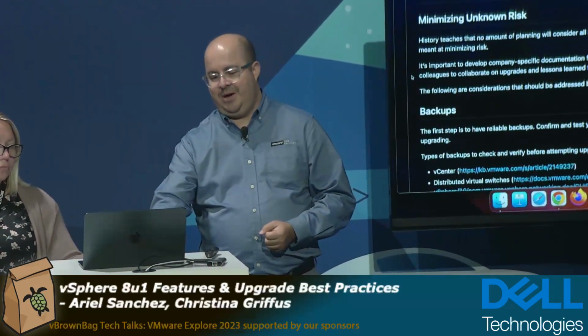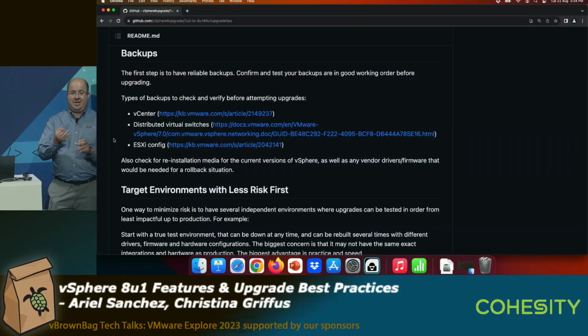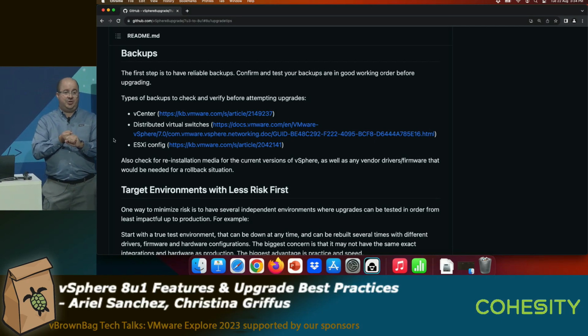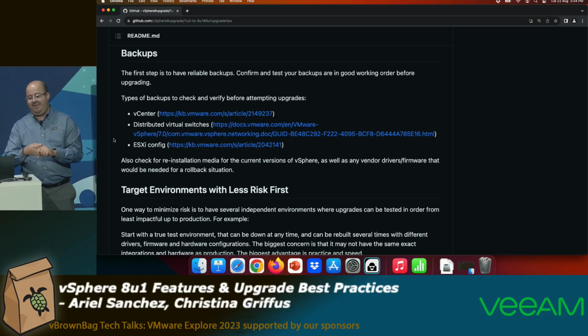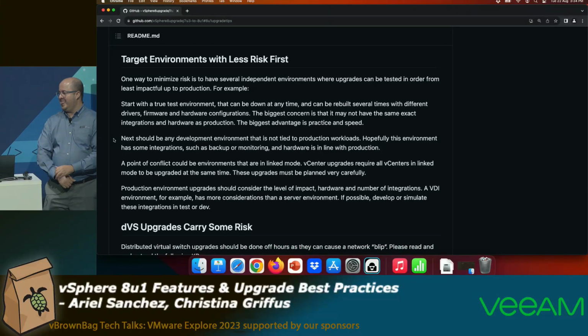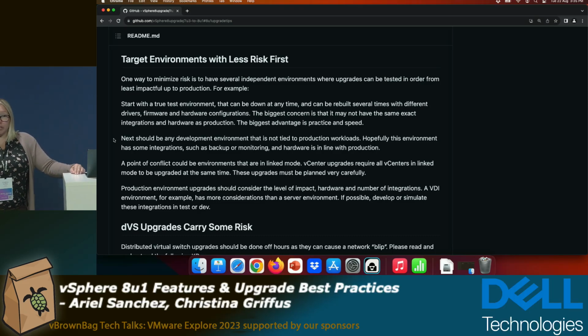The first thing we're talking about here is making sure that you have your backups. There's vCenter backups. You can back up the ESXi config. Something that people forget, distributed virtual switches, you can also back up those. So make sure you have those and you test those. We do have links in here for all that information as well. The next thing to think about is what environments are you going to target first? Are you going to test on